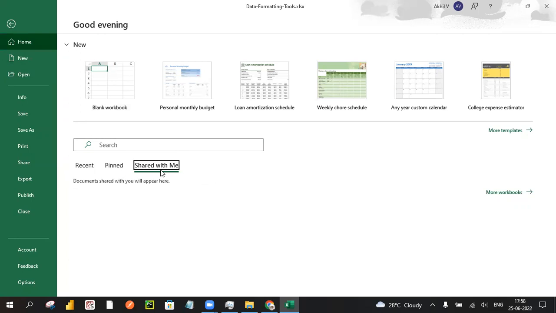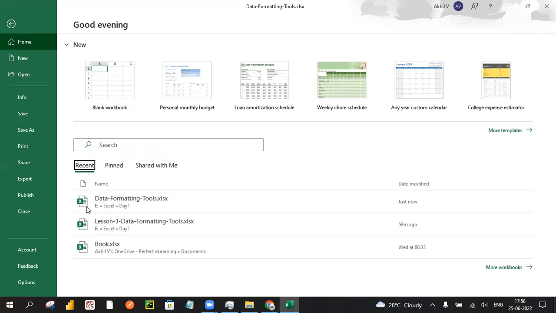Shared with me shows some of the workbooks. You can also share with your colleagues or end users, which is a helpful option to give contributor access or viewer access, if you want to specify that. Coming to the New tab,